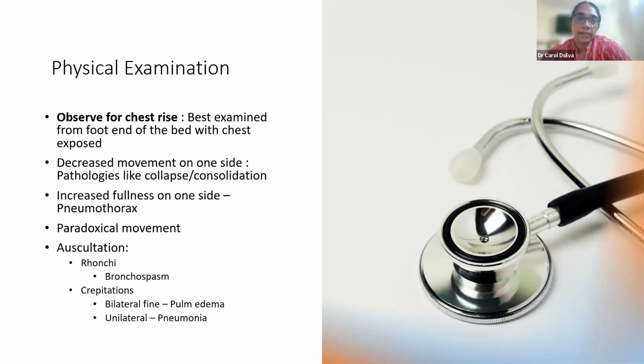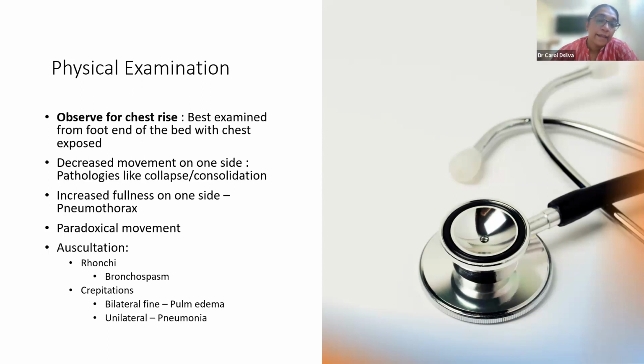Look for specific added sounds. Some of the added sounds you should learn to recognize are rhonchi. Now, wheeze or audible wheeze is something you can hear, but rhonchi is something that you have to auscultate. It sounds just like a wheeze, a high-pitched expiratory sound, very commonly seen in any condition causing a bronchospasm,